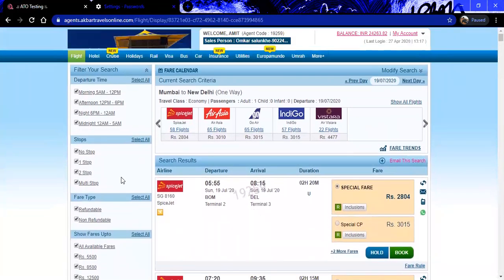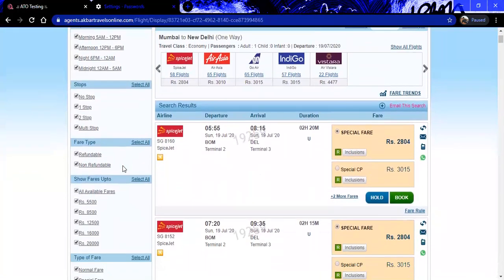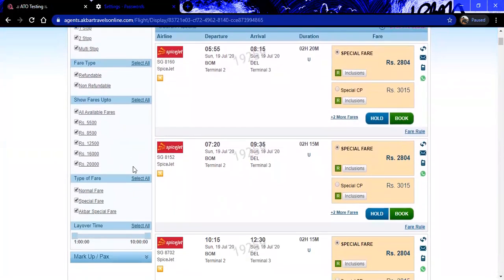Okay. And I would like to tell you that one option has been given as type of fare. Type of fare has three kinds of fare, which are normal fare, special fare, and Akbar special fare. If you click on normal fare, only normal fares will be shown in front of you in the availability page column.